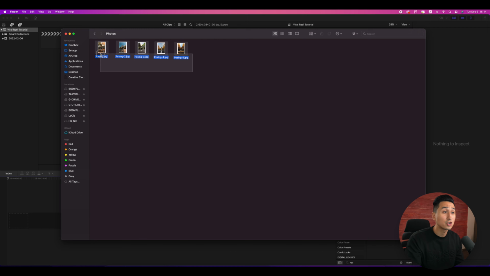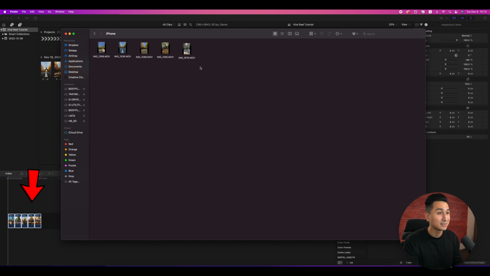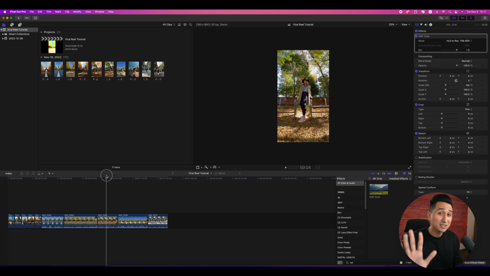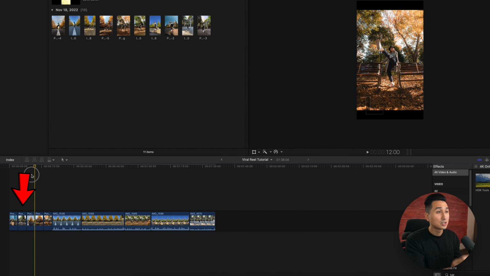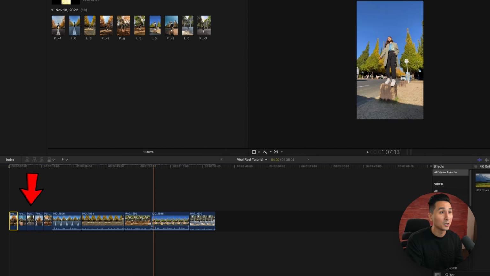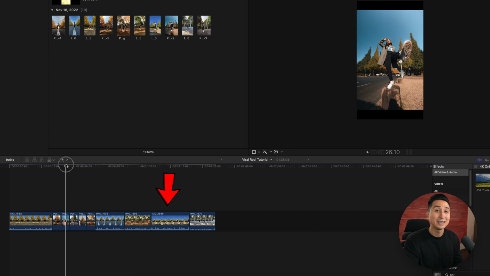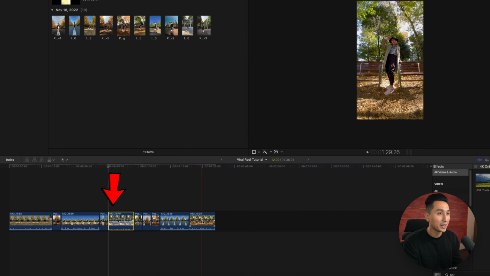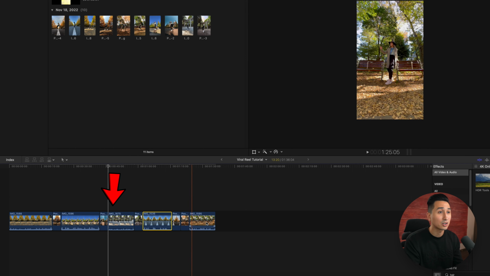Now from here, we're going to drop our video and photo files into the timeline. For this video, I ended up going for 5 different poses in 5 different locations. So we just need to reorganize the timeline to ensure the right videos are next to the right photos. And we can do this by selecting a clip with our mouse and then just moving it into the correct